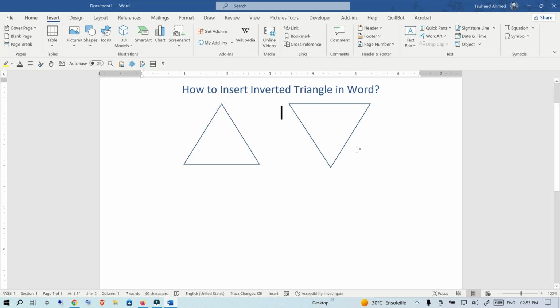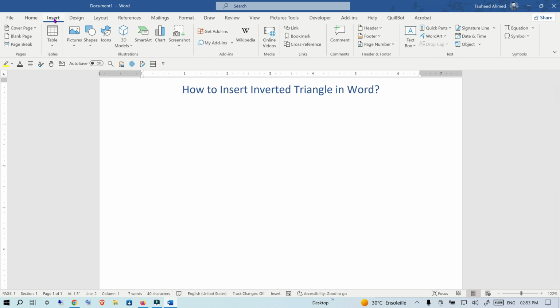Everyone, in this video I will show you how to insert an inverted triangle in a Word document like this one. So this is simple and easy. Let's get started. So first you need to click on the Insert on the top menu bar and click on